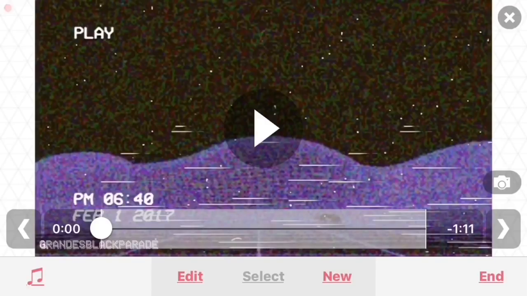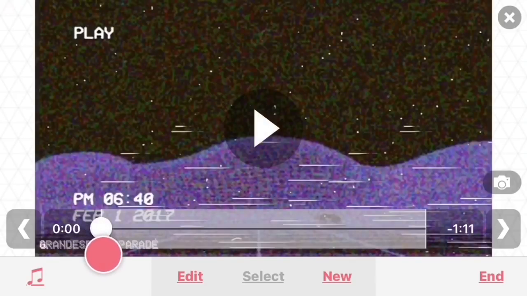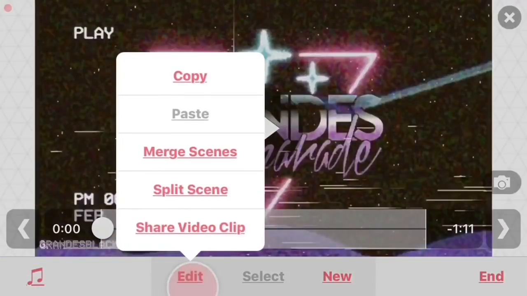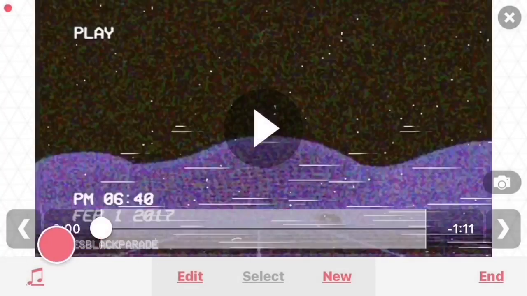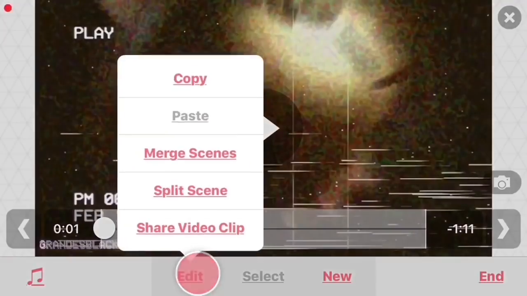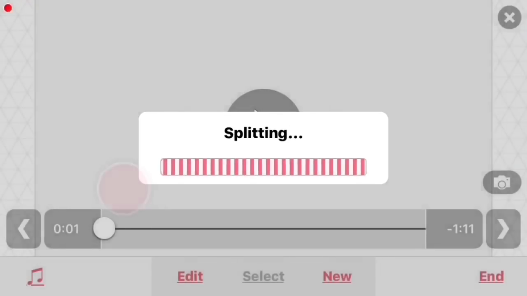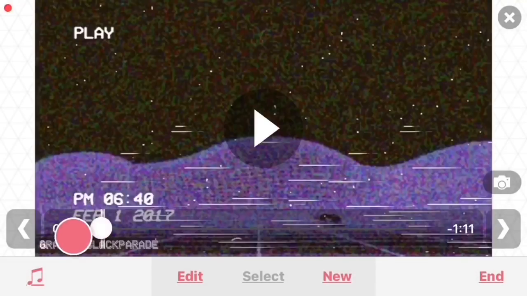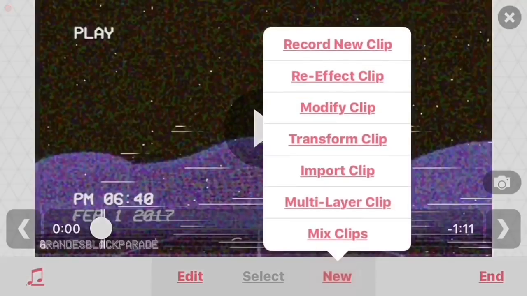So basically, you're just gonna let it play, or you can use your finger to move along. And then you'll go to edit and split. Okay, this is very hard to split. We'll just go right here, because why not? And once you have it split, obviously the clips are now separate. So then you'd go to new, multi-layer clip,